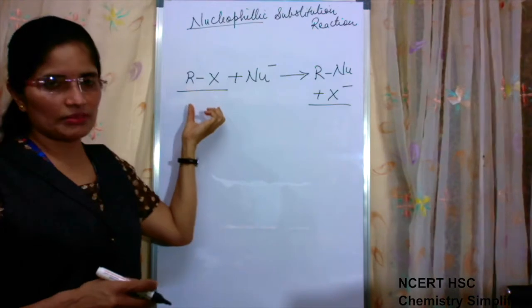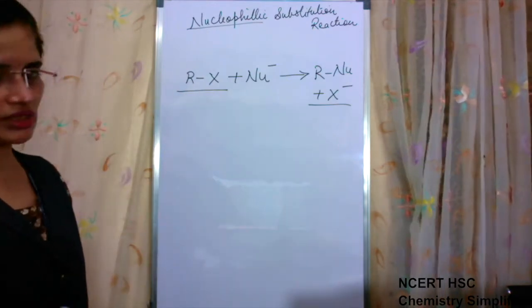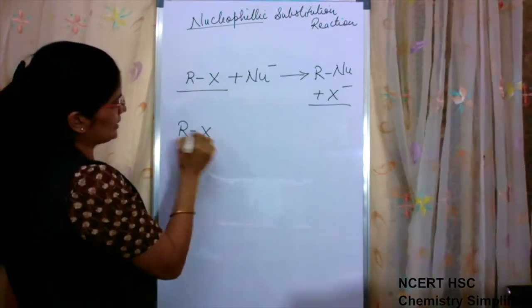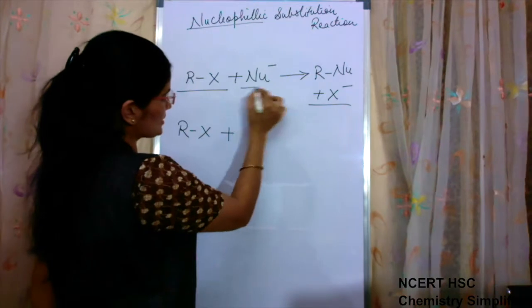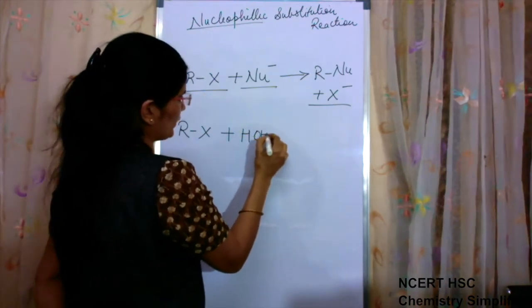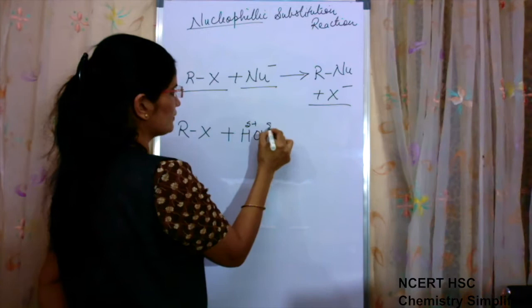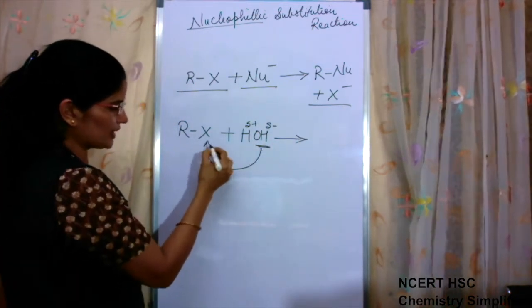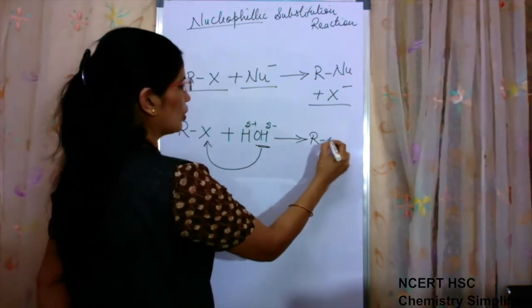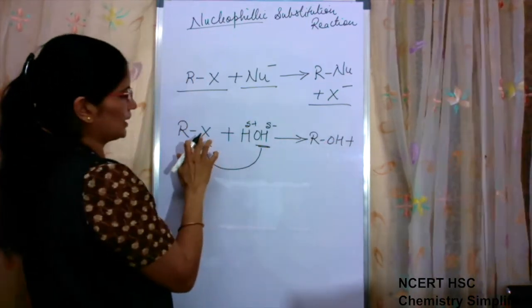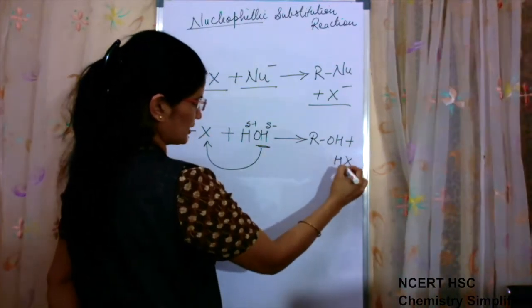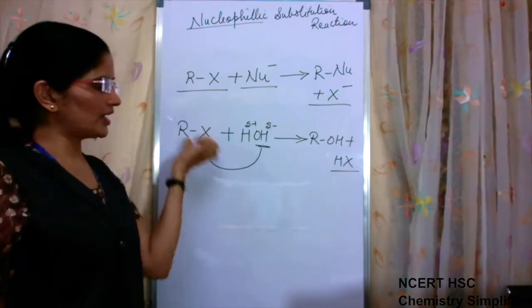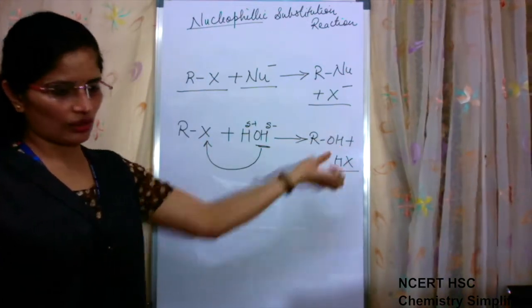So these are the starting material for a variety of organic compounds. We will see how. If we take RX and as a nucleophile we use HOH, water, positive, negative. So this negative part is the nucleophile, so it will substitute X and we will get ROH plus HX as byproduct. Okay, that means alkyl halides can be used to synthesize alcohols also.